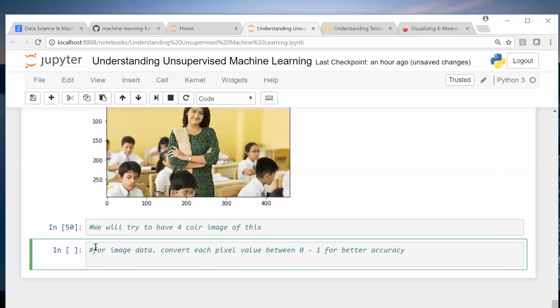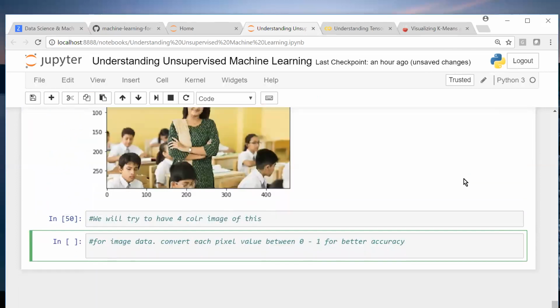Okay, so whatever image data we have, IMG data is equal to IMG divided by 255. Why 0 to 1? Is it because of some activation function? No, that's not it. It is basically a scaling technique, and it works well for images. We use 255 because each pixel value can be at most 255, from 0 to 255.